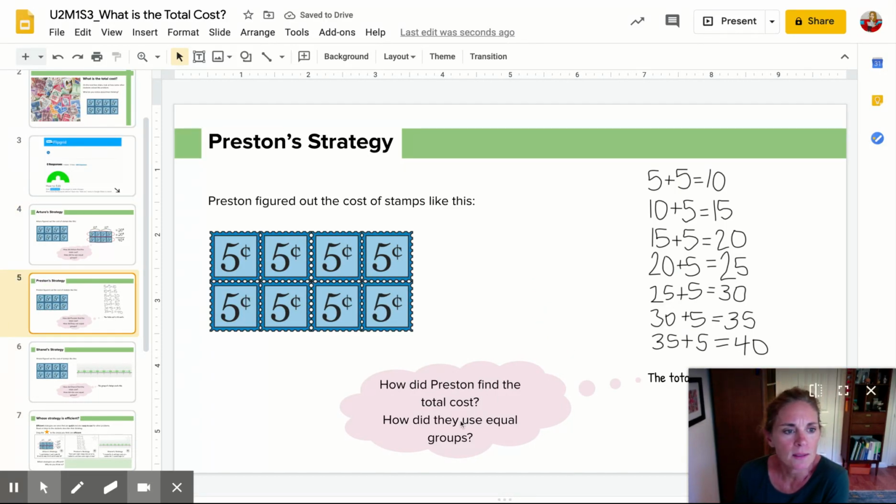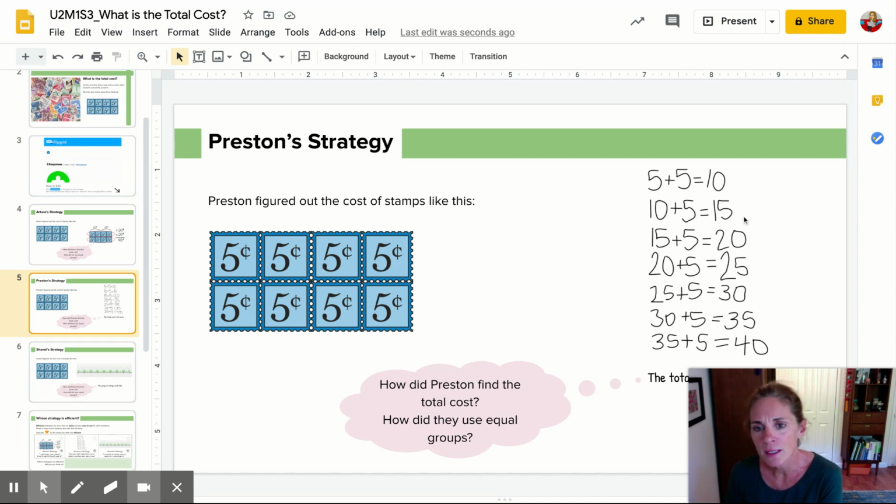Take a look at this and see what you think. How did Preston find the total cost? And did he use loops and groups at all? I can see you looking at this going, okay, I see 5 plus 5 equals 10, and then he added